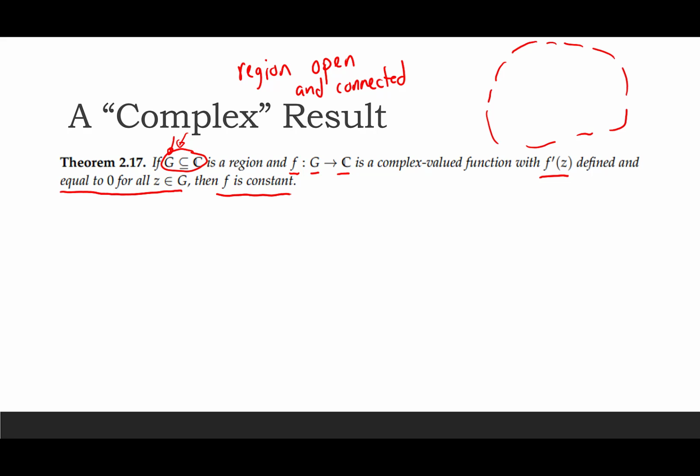Now, like I said earlier, we don't have a mean value theorem for complex analysis, so this is going to be a little bit more difficult. It's actually kind of cool, but it's a little bit more work to actually get this. Okay, so how do we prove this? Proof. We're going to approach this in a very slick way. This is, again, one of those cases where some mathematician had to pull this out of thin air, and then it worked amazingly.